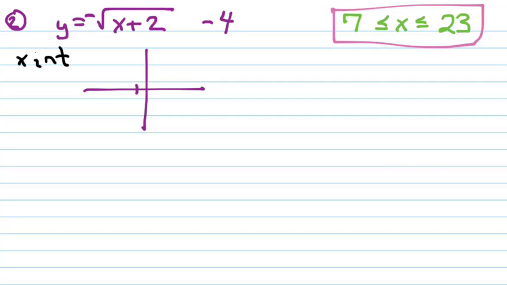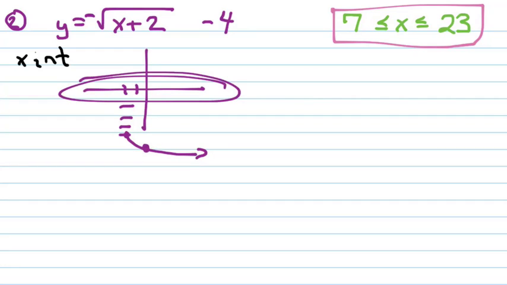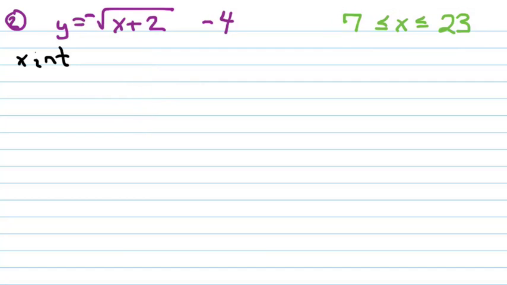So I go ahead and find my vertex, and I know my graph's going to open this way. So the vertex is at -2, -4. And so if I'm opening down and to the right, I am going to have a y-intercept, but I'm not crossing the x. So this is one of the times where there is no x-intercept,